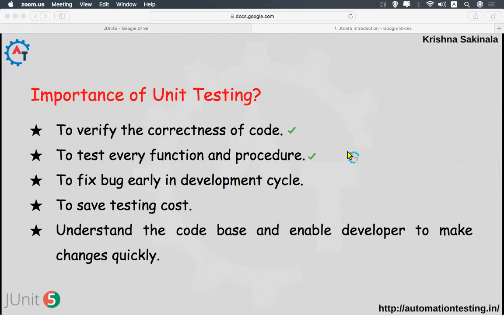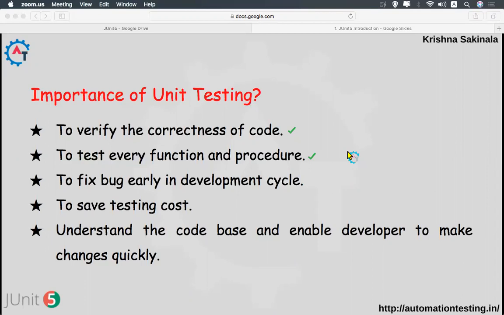While developing, you know what you are developing, so you will not leave anything out and you do unit testing for each and every functionality you have written. You will not skip anything. The code which you have written, everything is tested.